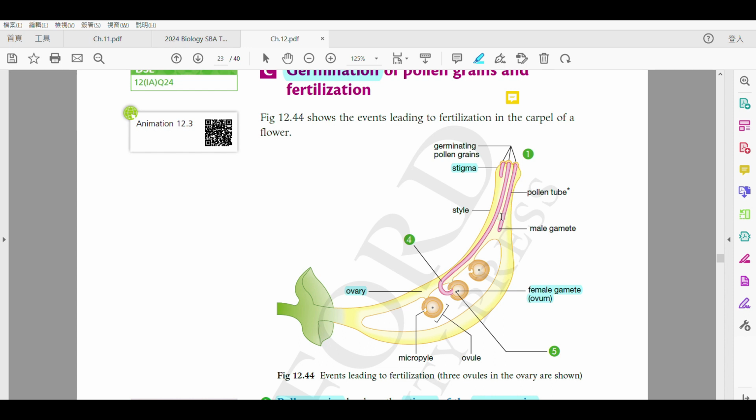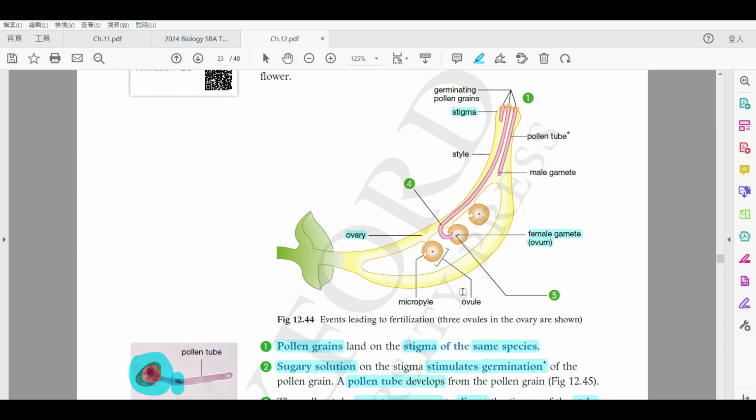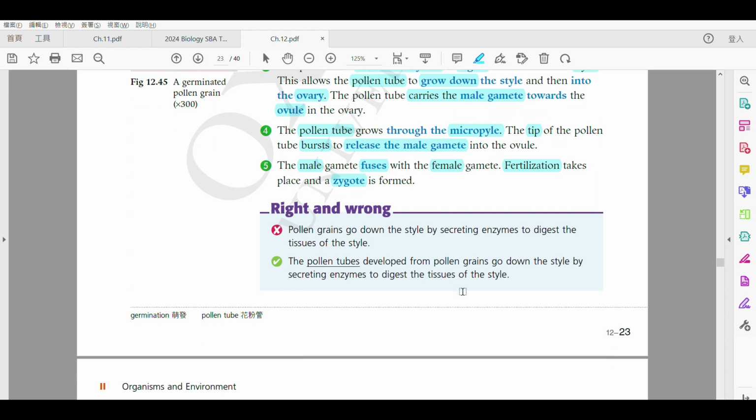So it will go down the style，不斷落去啦，and go to the ovary，直到去到呢 ovary 呢個位置啦，得唔得？So what is the function？個目的係啲咩啊？就係 carry 住一個嘅 male gametes to the ovule 啦，得唔得？And then it will enter the ovule，through 呢一個嘅 micropyle，中間呢一個 this hole 啦，and then the tip will burst and release the male gamete。最尾啦，very easy，male gamete fused with female gametes，fertilization 就會 takes place 啦。然之後最尾啦，formation of zygote。Alright，所以當係一個古仔咁樣記啊。